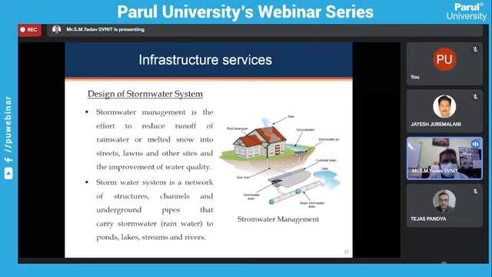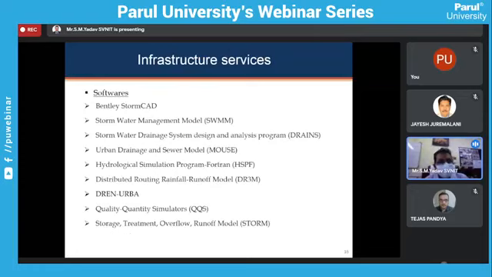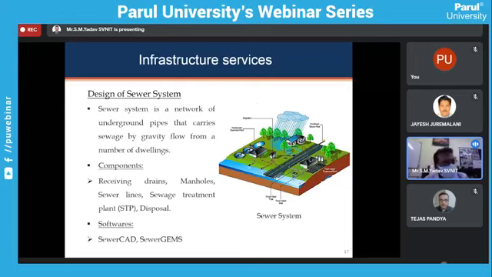The various software used for stormwater development are Bentley, Stormwater Management Model SWMM, Stormwater Drainage System and Analysis DRAINS, Urban Drainage and Sewer Model MOUSE, Hydrological Simulation Program Fortran, Distributed Routing Rainfall Runoff Model, Drain, Urban Quality Quantity Simulators, Storage Treatment Overflow Runoff Model and many more. So these are a few softwares which can be used for the design of infrastructure services like stormwater management. The third important